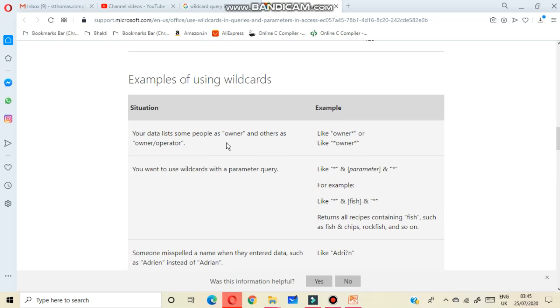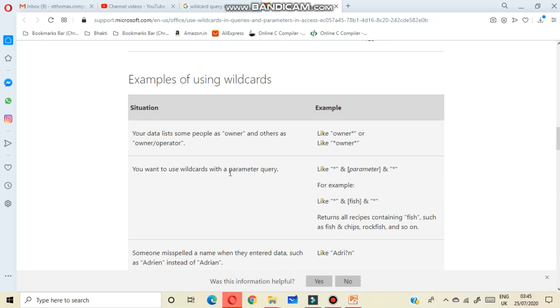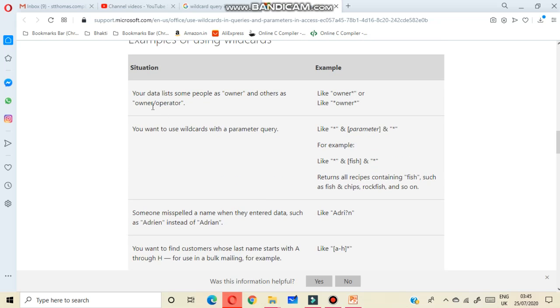These are the examples of using wildcards. Suppose your data lists some people as owner and others as owner operator.